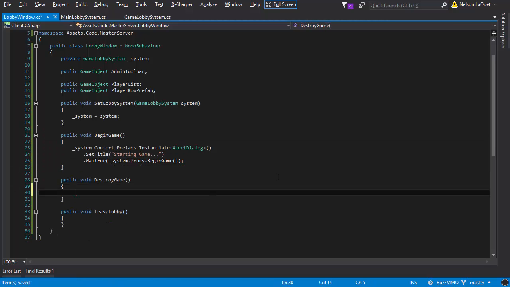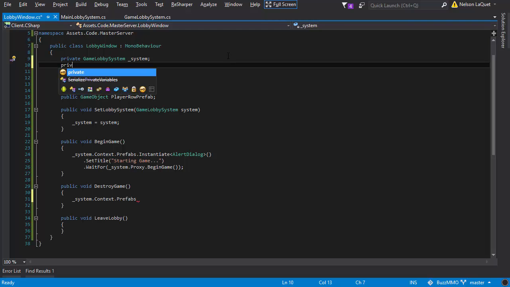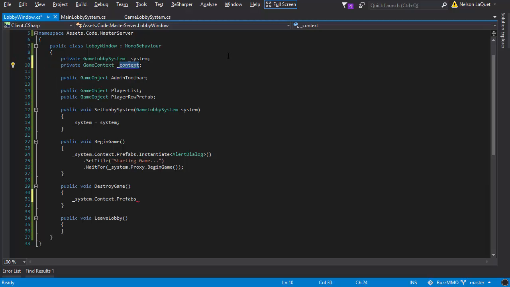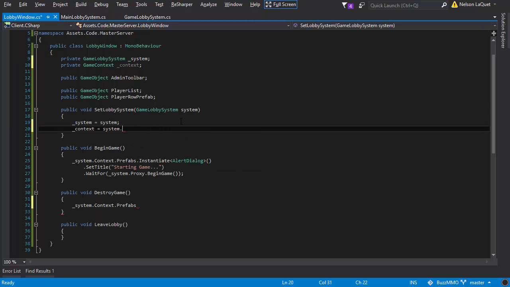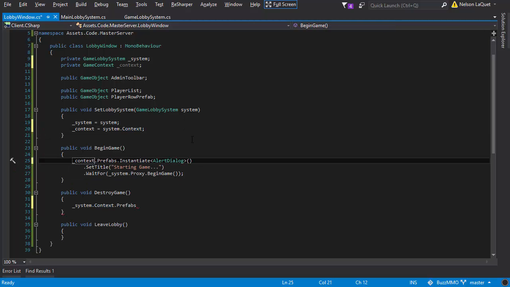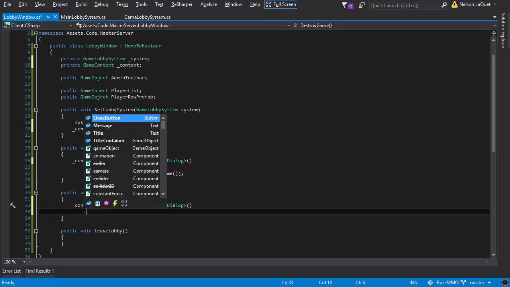So destroy game is the same concept. System context prefabs. Actually, I kind of want to alias out system.context. So system.context returns a game context. Up here, I'll say private game context. And then in my set lobby system, I'll say context equals system.context. And then instead of doing system context, we can now just do underscore context. So for this, we'll do context prefabs instantiate alert dialog set title